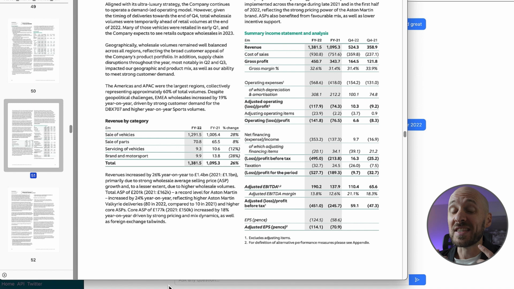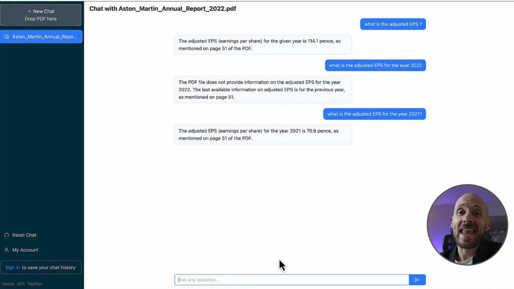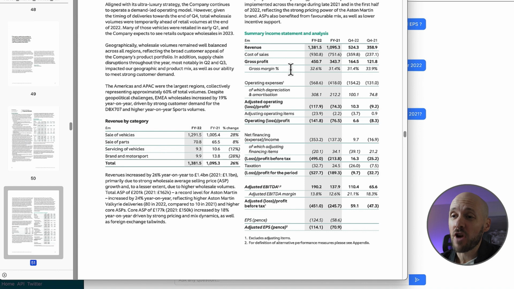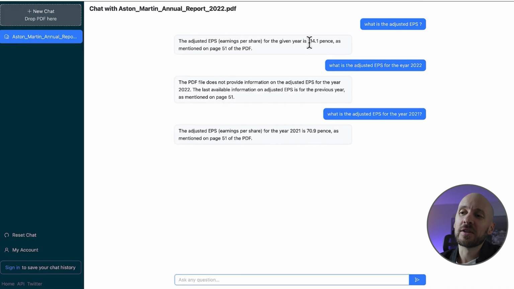So now I would like to see if it can read the table, and I'm gonna ask it what is the actual adjusted EPS for the year 2022. So here we can see that it actually read the information from the table, which is pretty amazing. So for the year 2022, it read the 114. And here it is. Now, that being said, it's very confusing because when I ask for the specific year 2022,